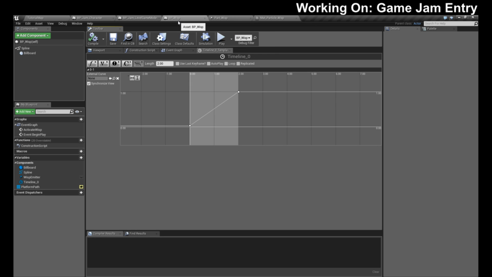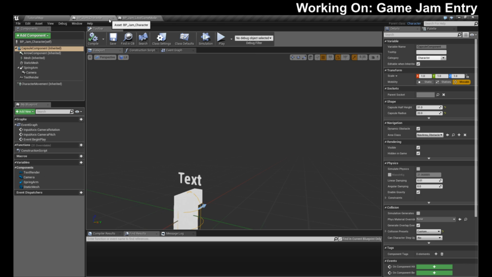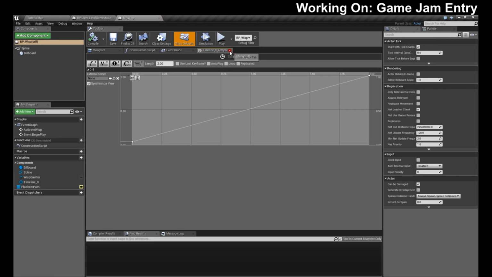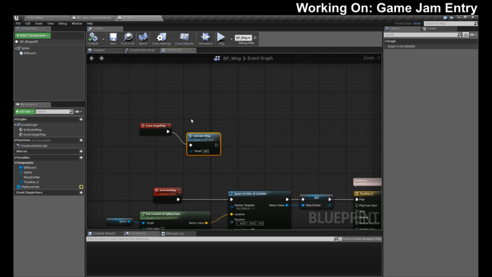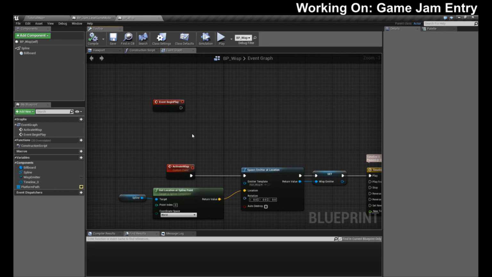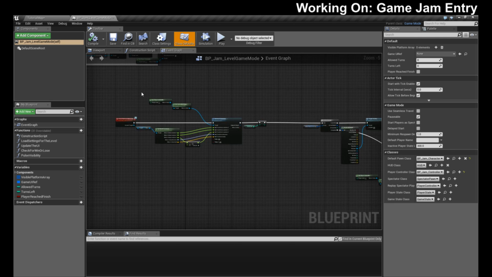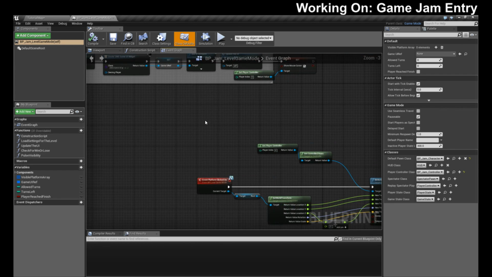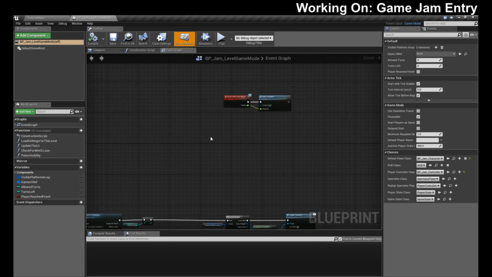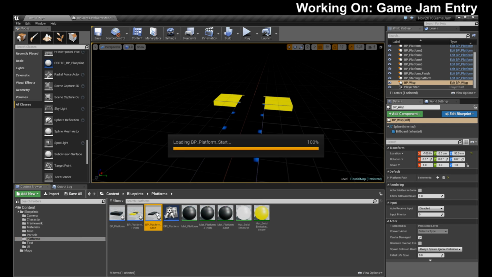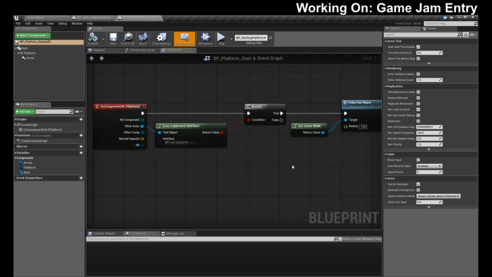Okay. Now that we have this stuff working, we want our wisp to activate when we land. So we need to find where I put the damn wisp at. Disable its auto activate, which is right here. And then we need to start platform is where it was. The platform handles starting. There we go.